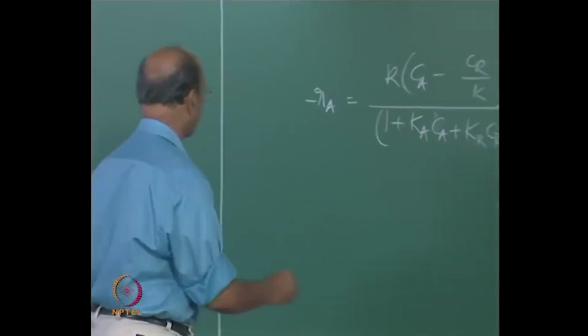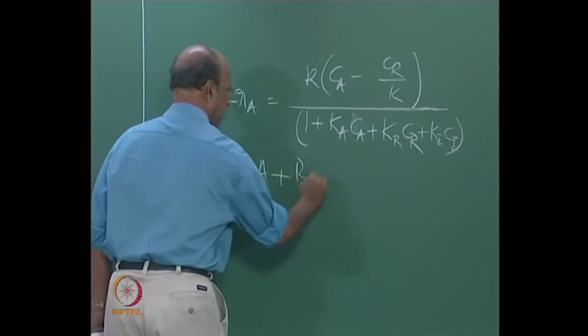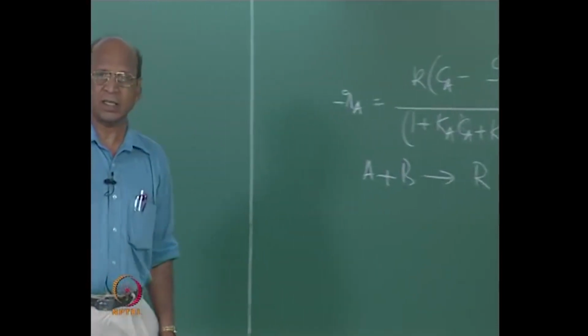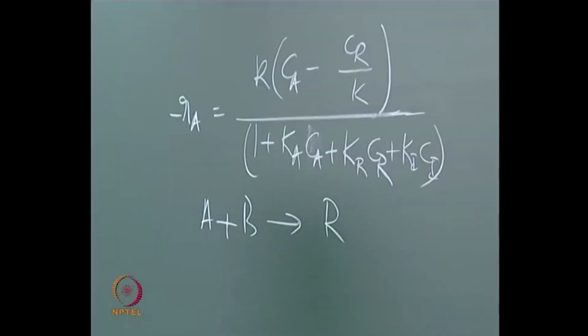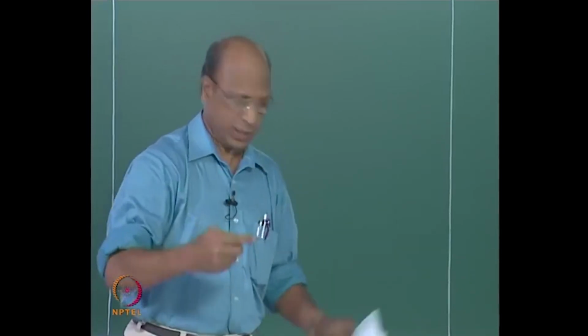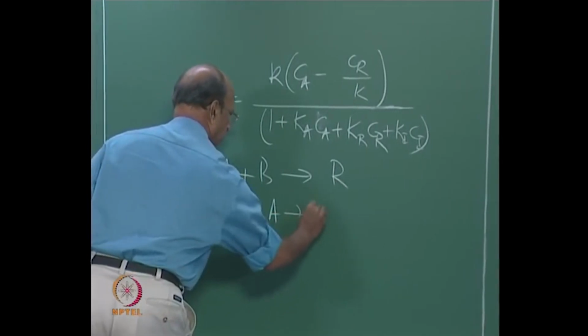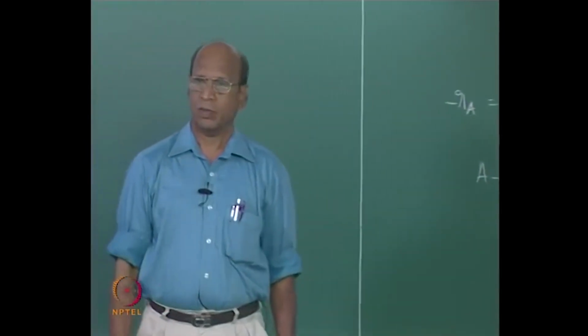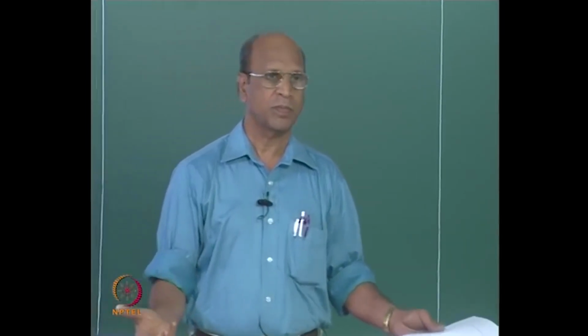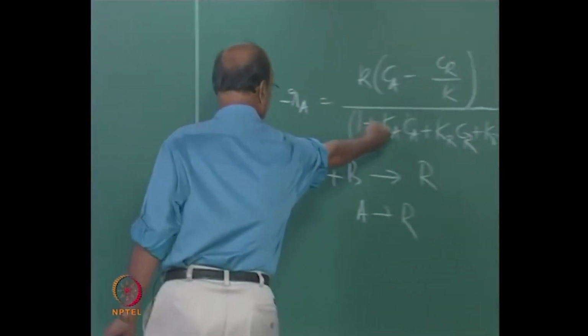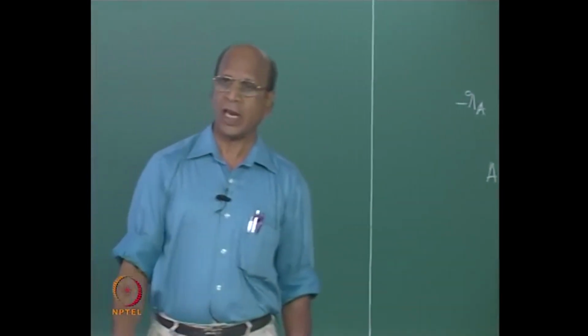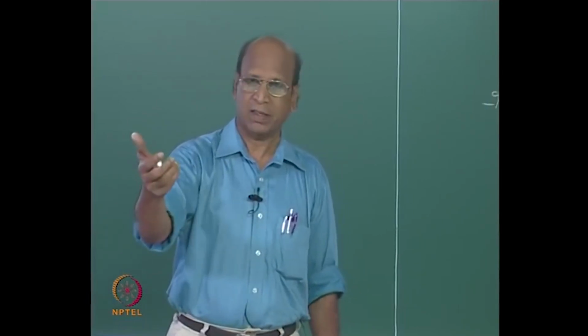That is why very basic questions like when I have A plus B going to R, what is the order of this reaction? You cannot say anything about that. It is so innocent looking. Even simpler one is simply A going to R. What is the order of that reaction? We do not know. It can be as complicated as this, or if you are very lucky, then it is only first order reaction, provided there is a clause there, if it is